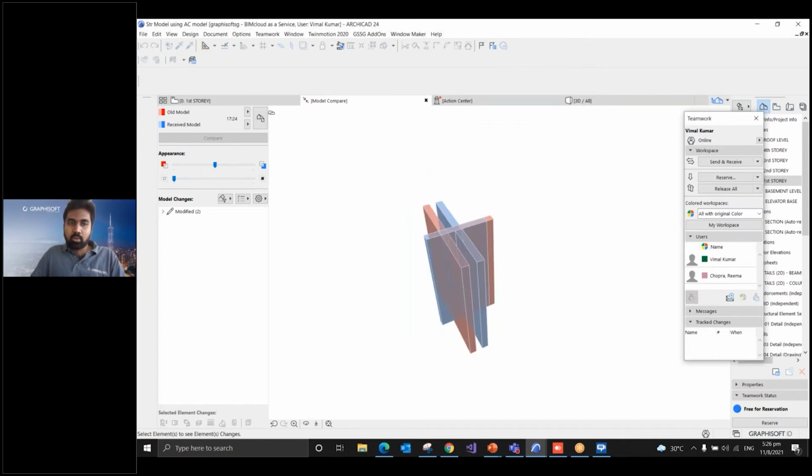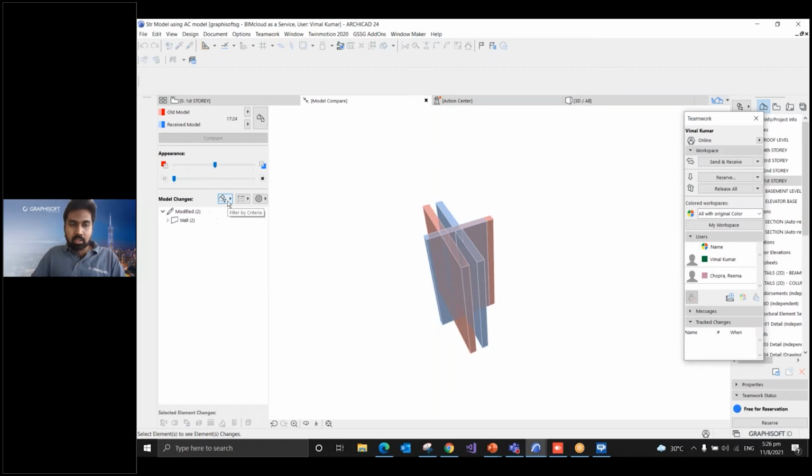So for that, what you need to do is set the old model to current model and then the new model to browse from file or browse from BIM cloud. So we can select the SAF file and then compare the models from that. I'm not going into it now, but I'm just showing that these options are available to not just compare the BIM model, but also the structural analytical model can be compared using the model compare options. All right, so coming back here,